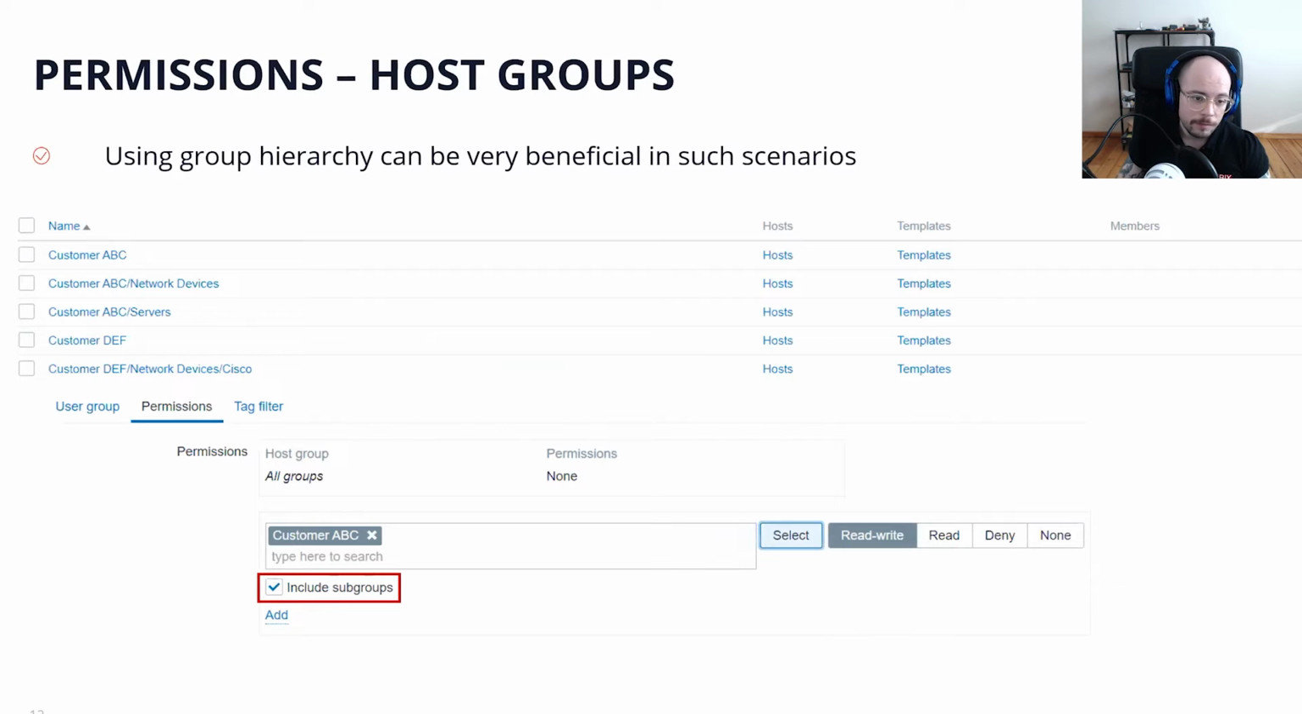In addition, I think something that many users aren't familiar with, we can have host groups defined in a hierarchical manner. For example, I have 2 customers. I have customer ABC, and then I have a subgroup, customer ABC network devices, customer ABC servers, then customer DEF, and the same sort of logic for customer DEF. And then when I'm assigning permissions, I can actually select to include the root group and all of its subgroups when I'm assigning user group to host group permissions, which is really, really elegant and a really quick way to give